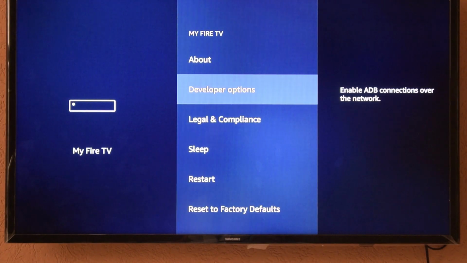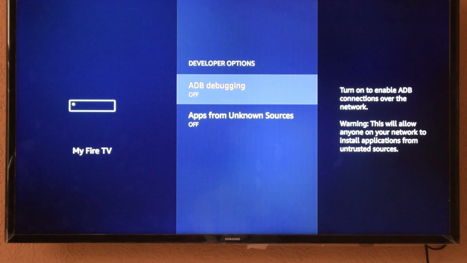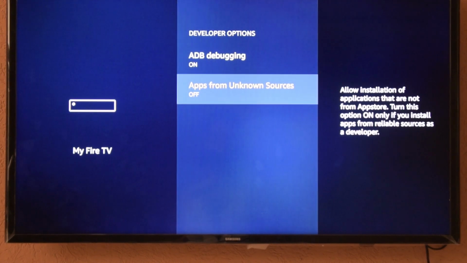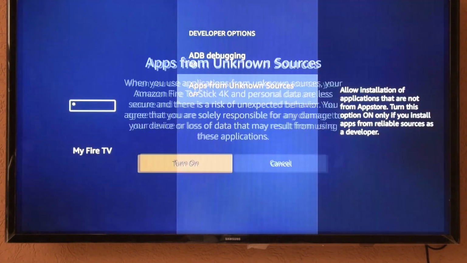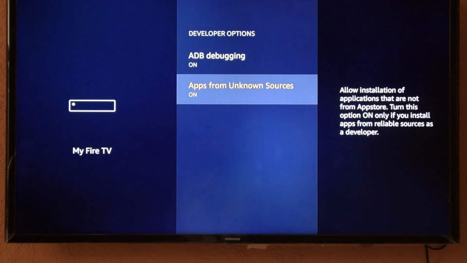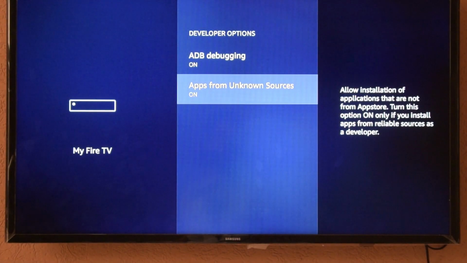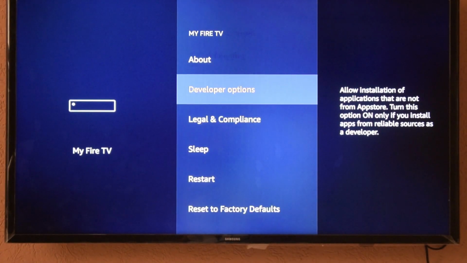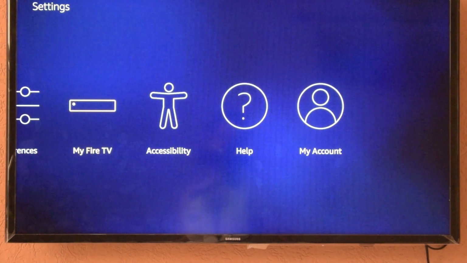After going to my Fire Stick, just go to developer options. What you exactly need to do is turn on ADB debugging and turn on apps from unknown sources. That's it. These are the two things you need to do in order to get these apps in your